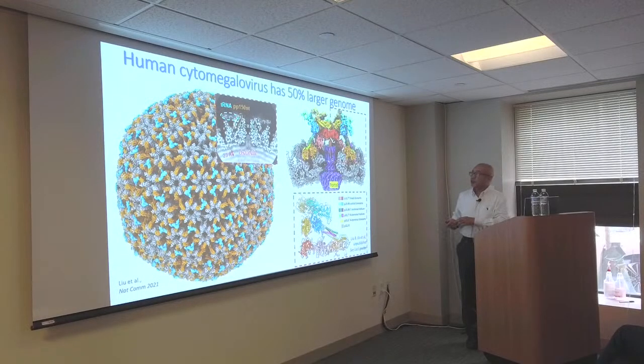In addition, for the CMV, you can see this structure on top of one of the vertices, which I mentioned already in the HSV case. This is a much more complex protein. There are many more things on top of that tegument protein I talked about in the HSV, which is involved in the transport of capsids in the neuron. But this has much more things. It turns out there are things involved in other processes of HCMV infection. This is work that is not published yet, and we are trying to organize it into a paper.